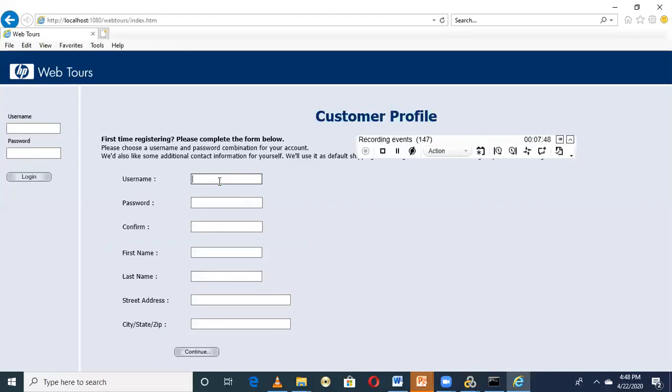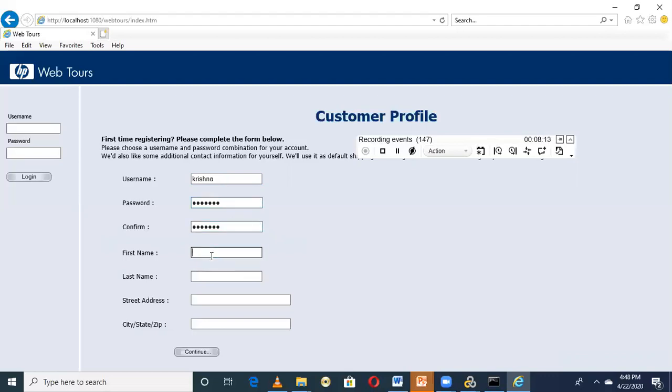I'm going to give some names randomly. Let us give the name as Krishna and the password as demo PWD, and the same for confirm password, demo PWD. If you want, you can verify it by clicking on this. Demo PWD is the password that I have given for both.